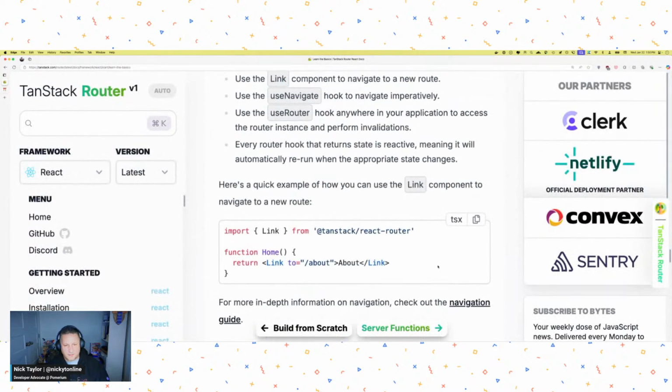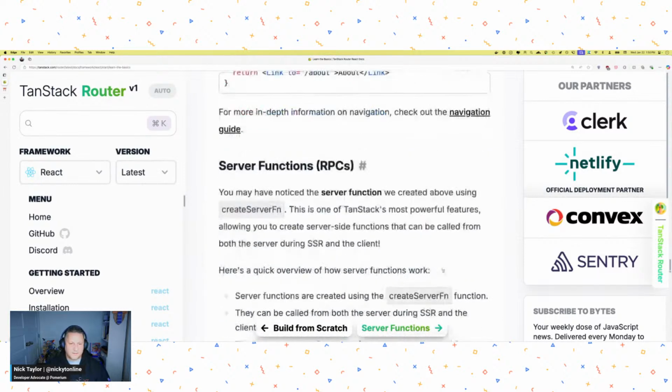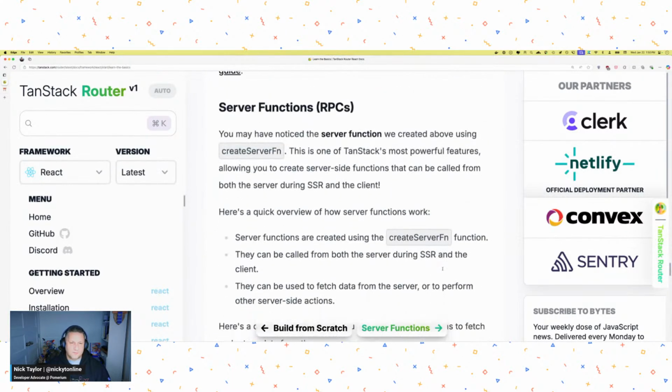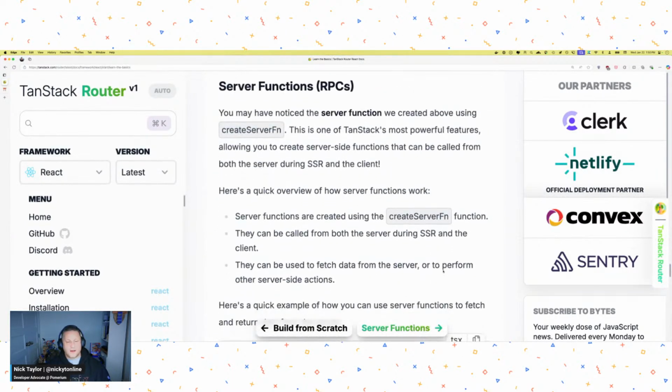I think we could probably do a couple streams on this because even digging into server functions, this is something I really haven't worked with. I know there's server functions in Next.js. There's some in Solid Start and now in here. I can't remember if Daniel Rowe and crew put server functions into Nuxt or not yet, but